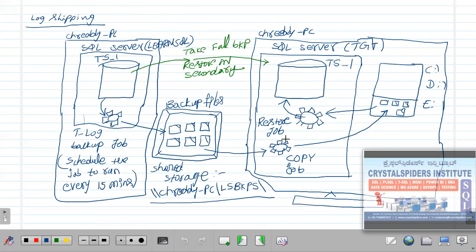These service accounts and jobs should have access to a local path on the secondary server. So we need one more path, and we have to make a list. You need to identify one local path on the secondary server. This is not a shared path. This is one path on the E drive, and this path should be accessible by the SQL Server agent service account.